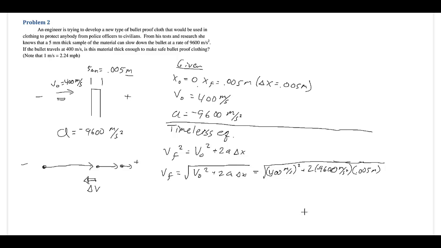Alright, that's what we get when we plug that all in. Notice I wrote in the units, very important. And when we solve this, if you want to plug that into your calculator right now, you can go ahead, but you're going to get